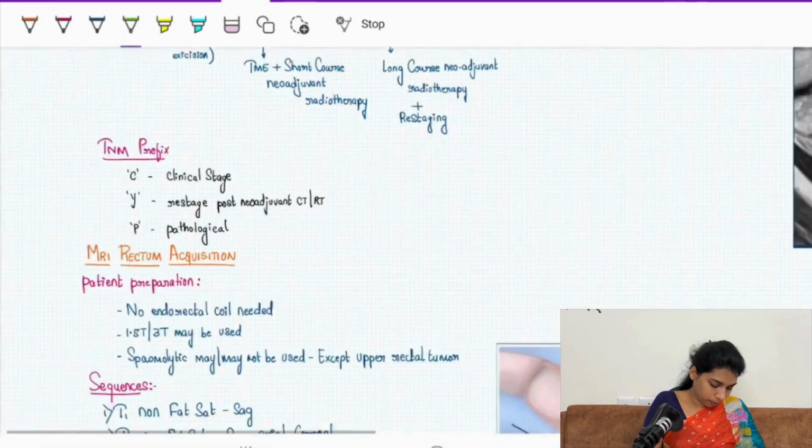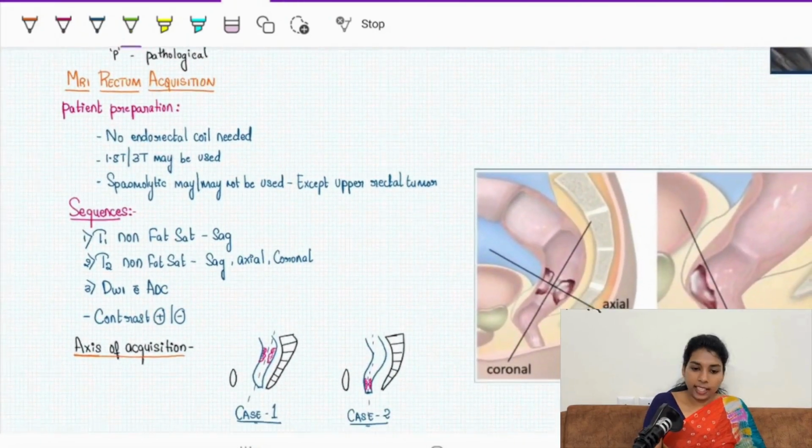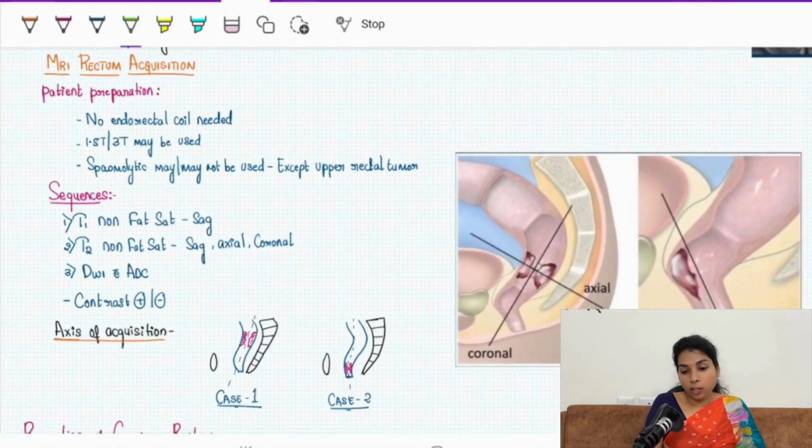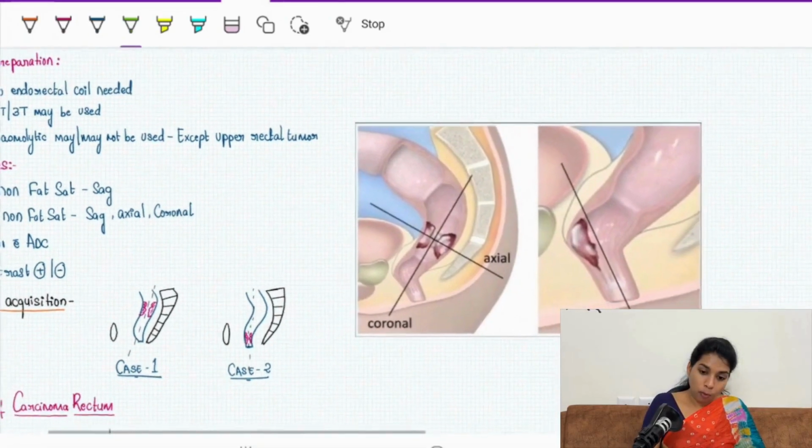Now we looked at the clinical aspect, right? Now coming to the radiology aspect, how do we acquire a case of CA rectum? Acquisition of CA rectum is very important because we have to talk about various structures surrounding it. Let it be the node, let it be some tumor deposit, let it be the involvement of the fascia, surrounding organs. If the plane is not normal, then you won't be able to decide how are the fat planes with the surrounding structures.